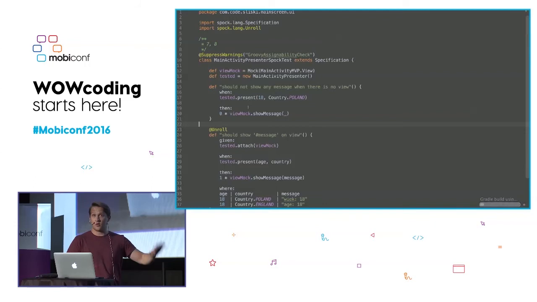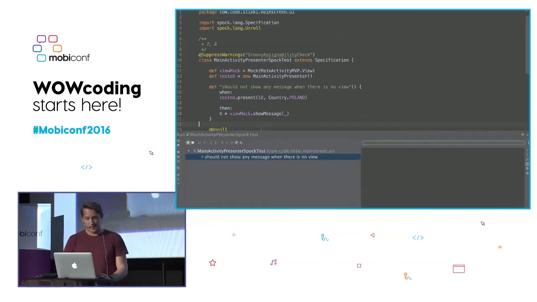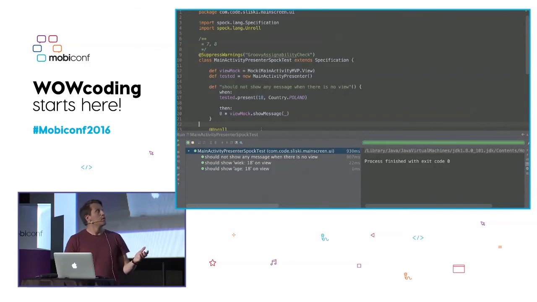So, do you have any questions about this? Because if not, you know everything. So here we have the results, and the results are sentences, and the parameters, the age and the message, are inside the name of the method. So it's a pretty convenient way to have your reports